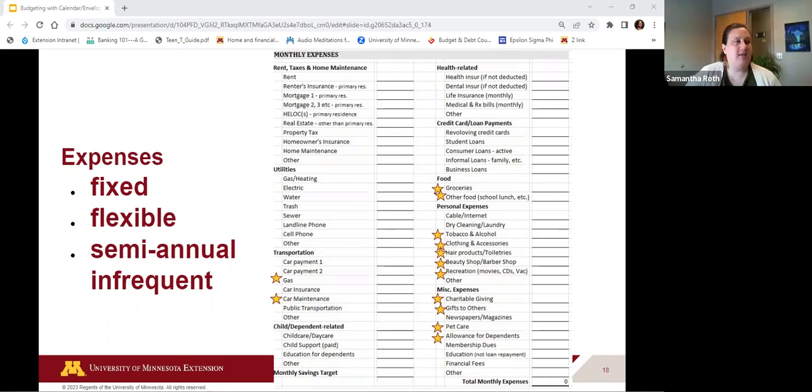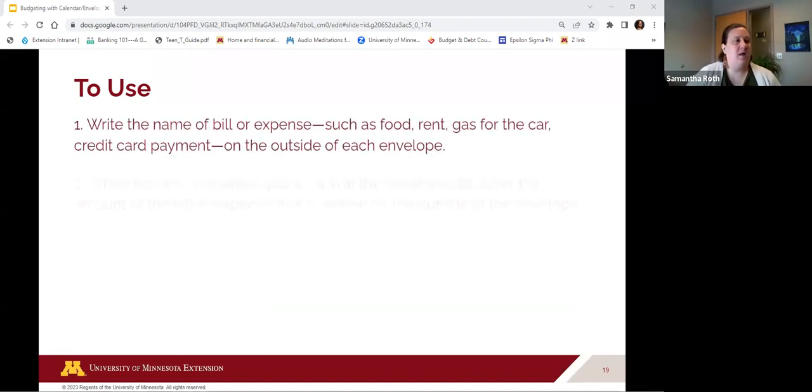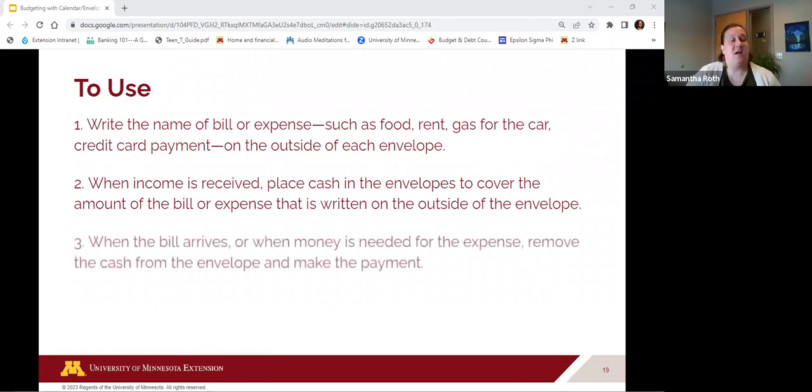So again, how do you use it? It's pretty simple. You write the name of that bill or expense on the outside of each envelope. And then when you have income in, however that works for you, you put that cash in the envelope to cover the amount that is written on the outside. And then when that bill arrives or when you need money for that expense, remove it from the envelope and